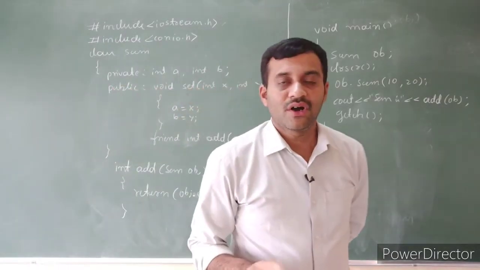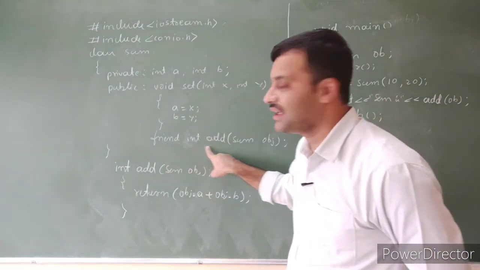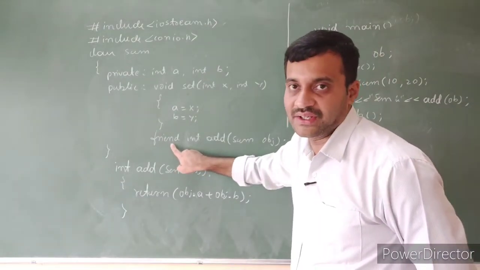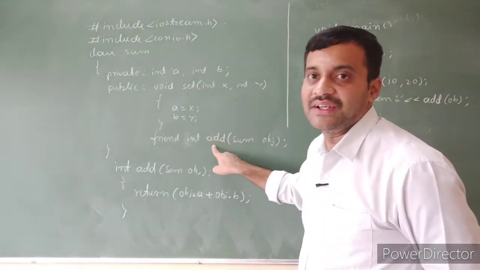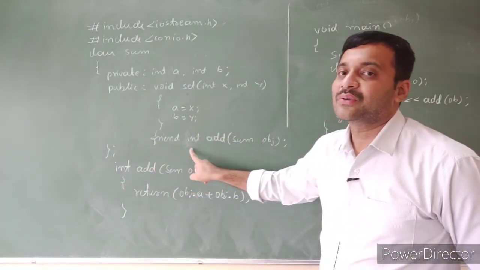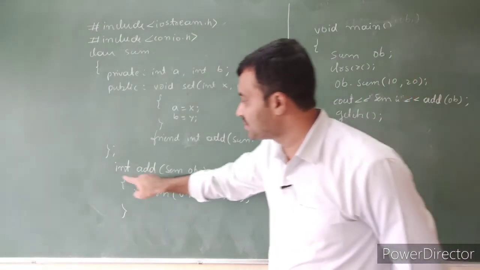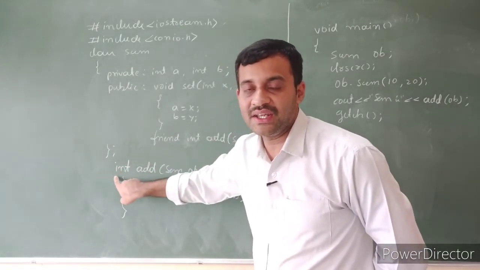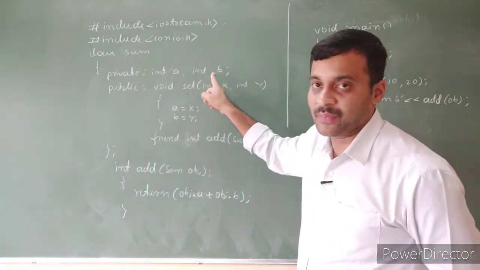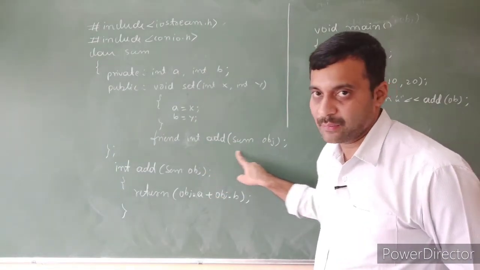See the difference between a normal member function and a friend function. A friend function is declared inside the class definition with the keyword friend. Then the friend functions are defined outside the class definition. See, it is a class definition. So outside the class definition, we define a friend function. While defining, do not use any keyword, not even friend. Then a friend function can access the private members only through an object. Hence, it always takes an object as a parameter.